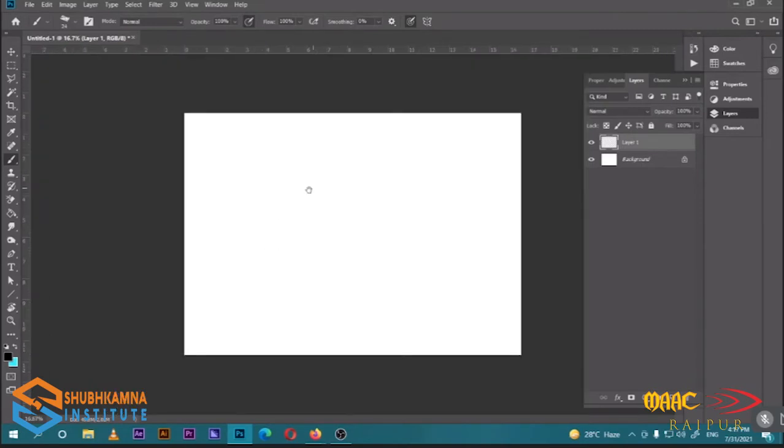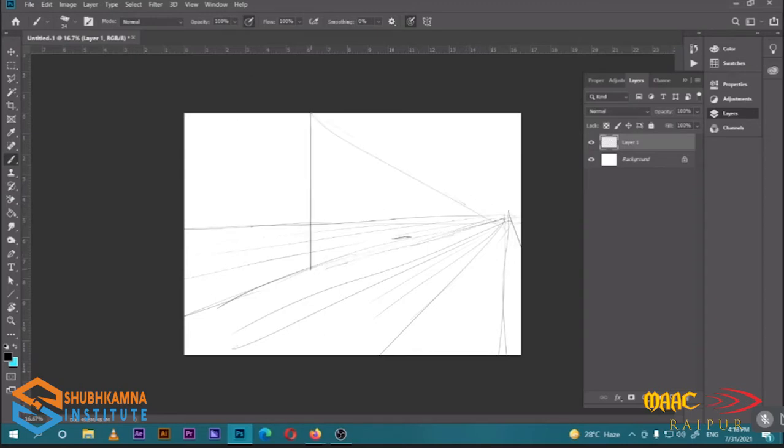I'm starting with a simple sketch concept, and first of all, I'm going to create a perspective. There are a lot of perspective drawings as well. First I'll create this illustration and go for the perspective drawings. These are the lines that tell me about the idea of the environment I'm going to use for my character. I'll just illustrate a simple environment on which I'm going to create my character.